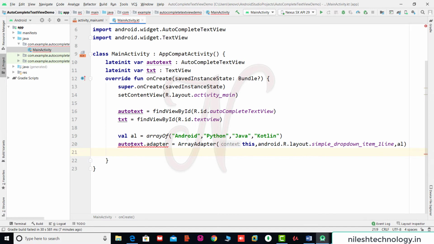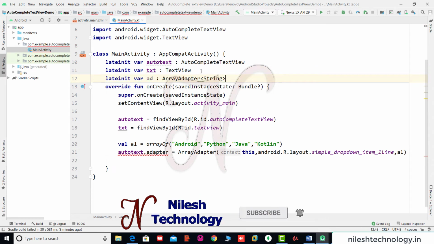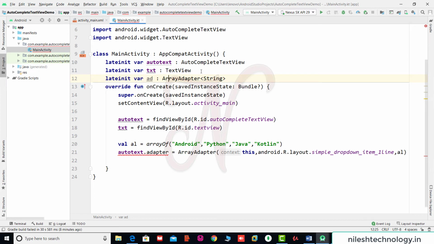See here, this is an error: val cannot be reassigned. So here we create a separate object of the adapter. We declare one variable, lateinit var ad of type ArrayAdapter String, and create the object separately: ad equals ArrayAdapter, this, android.R.layout.simple_dropdown_item_1line, and al.